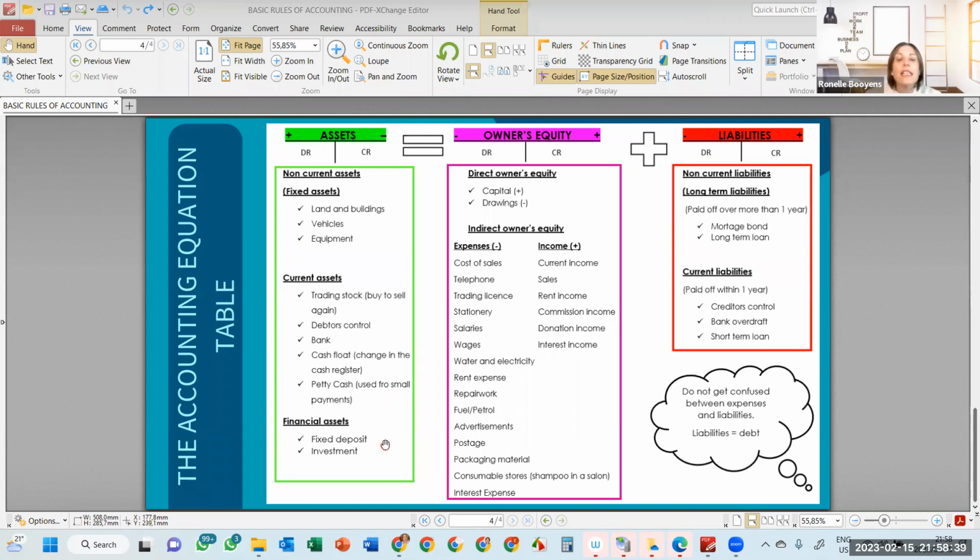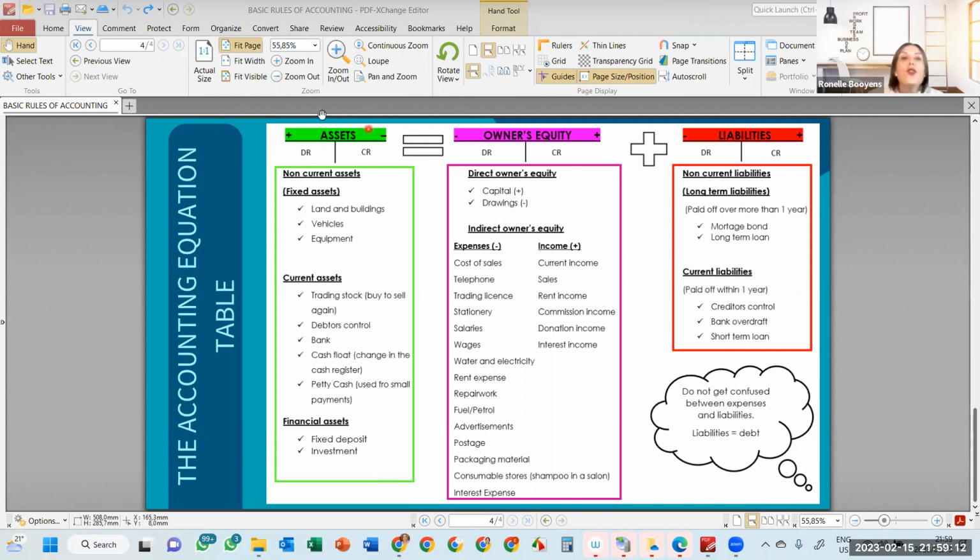And then financial assets, just be aware of them. We're not really dealing with them on grade 8 or 9 level, but those are almost long-term cash accounts, or long-term bank accounts. So it's money that you put in a fixed deposit or an investment account. So it is cash, but we normally make that deposit or do the fixed deposit or investment for a couple of months or years. So it's not always readily available, but it's definitely an asset to the business.